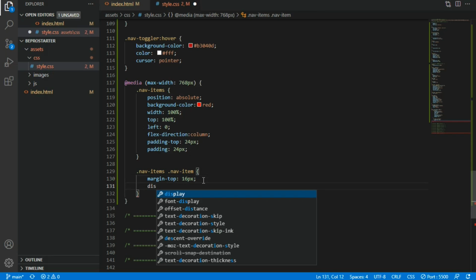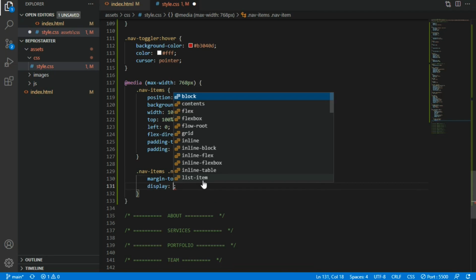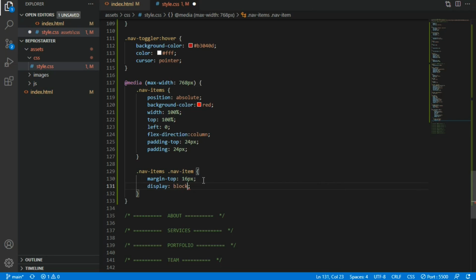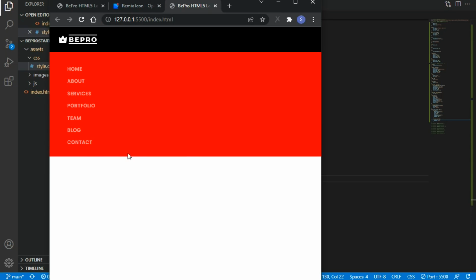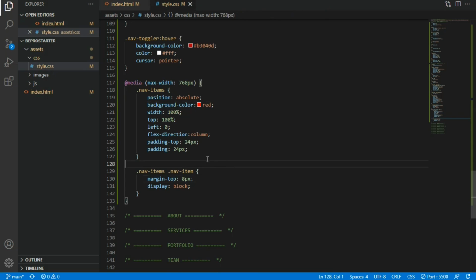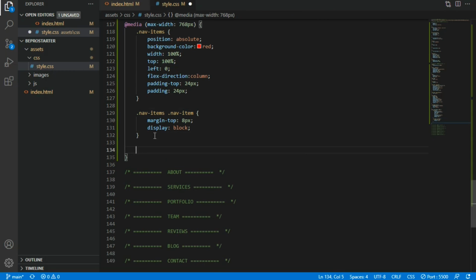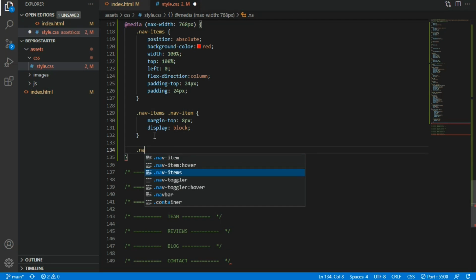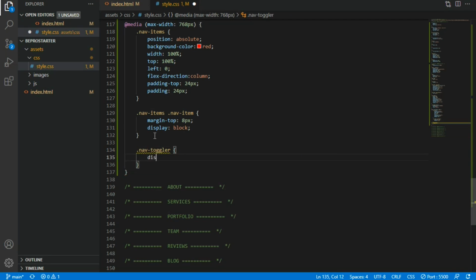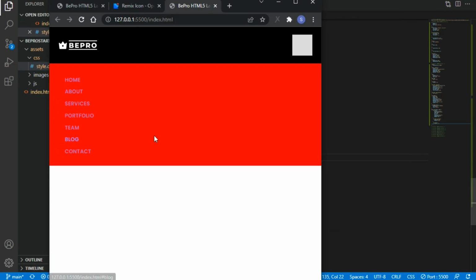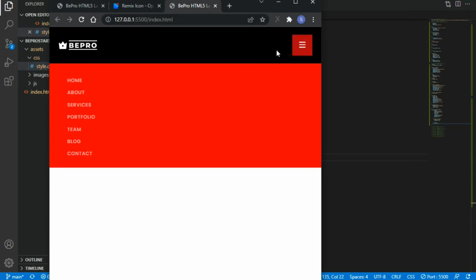I'm going to set the display. So at this breakpoint, I want this to be display block. Okay, and I'm going to reduce the spacing to be 8 pixel. So 8 pixel is looking fine, and now I'm going to show the hamburger menu. So here I'm going to say menu nav toggler, I think nav toggler display flex. Okay, so as you can see, the hamburger menu is